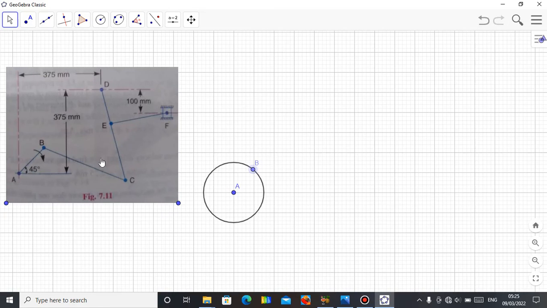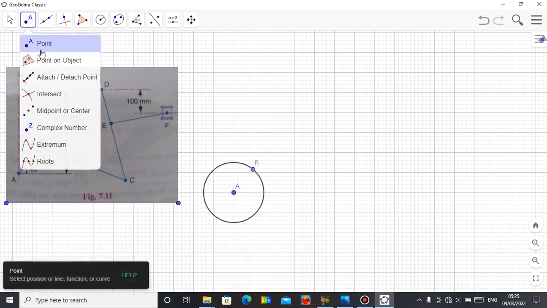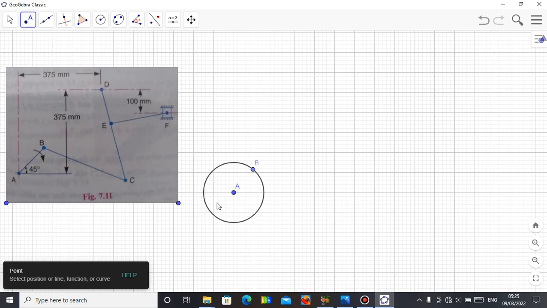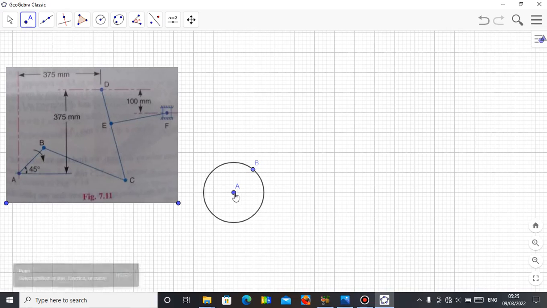Alright, the next thing is I need the distance from fixed point A to fixed point D. You can see the distance has been given from A up to this place. I have 3.75. So let me get that distance, and I'm going to use a point to locate that. So I need to get point D, very important. I'll just count from here. So this is from 0. I have 1, 2, 3. So this is 3.7, should be